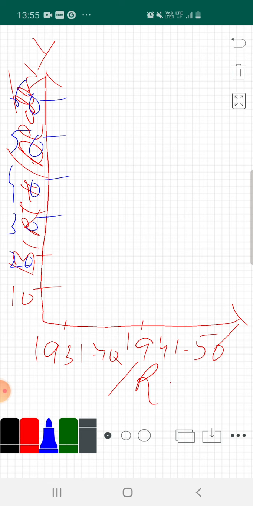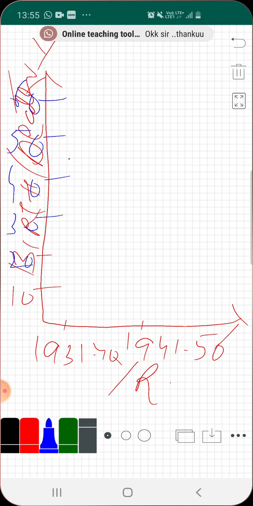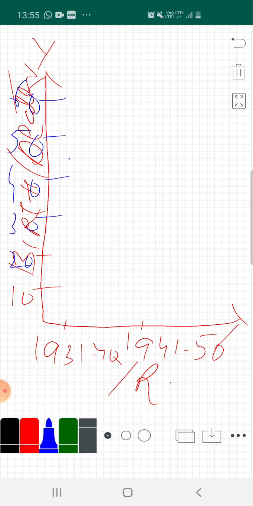So the first, birth rate for 1931 to 1940 is 46. So where is the 46? In 40 to 50. It will lie here. But we have to show two things for the same year. So we will show a bar, first of all, for birth rate. Children, as I don't have particular chalk here, I'm drawing with my finger only, so lines can be here and there. Please manage, but it should be understandable.